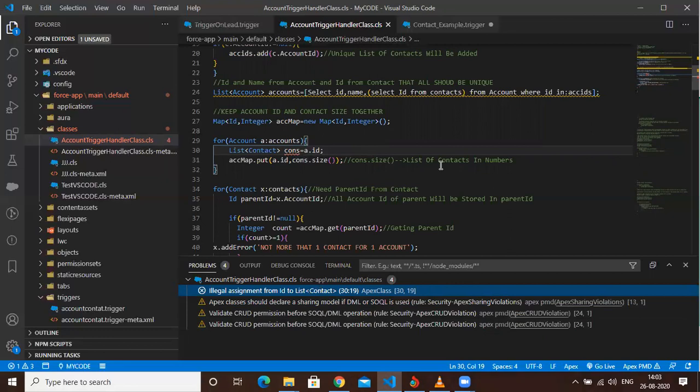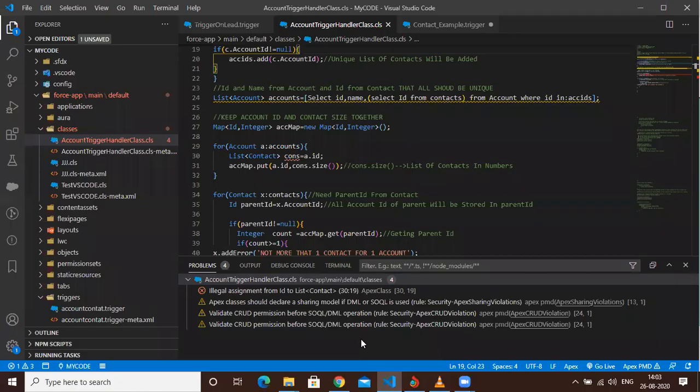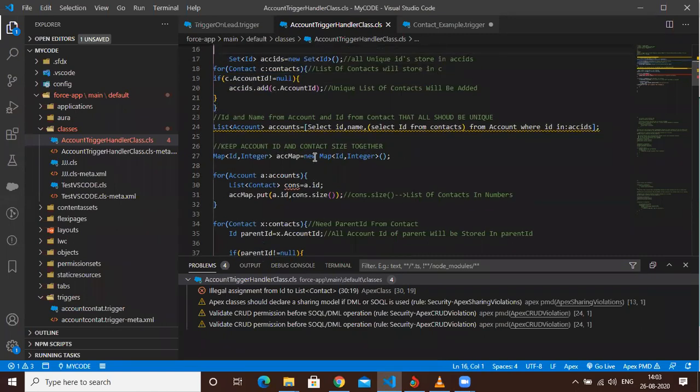Why accounts? Okay, got it. What's the issue? Here account dot contact should be there. Not a big deal. Just go there.